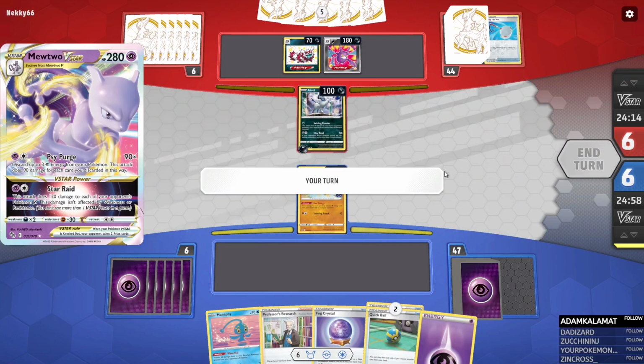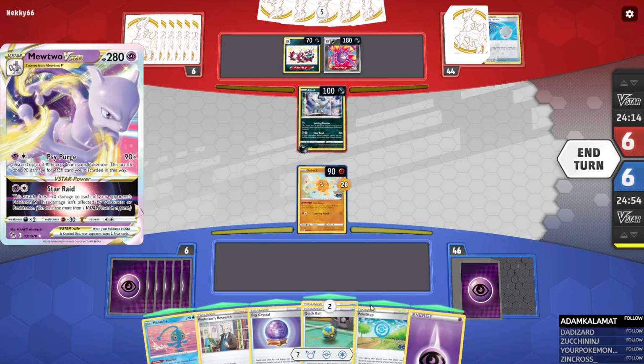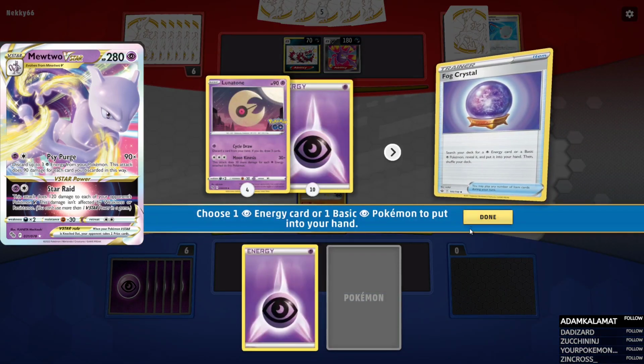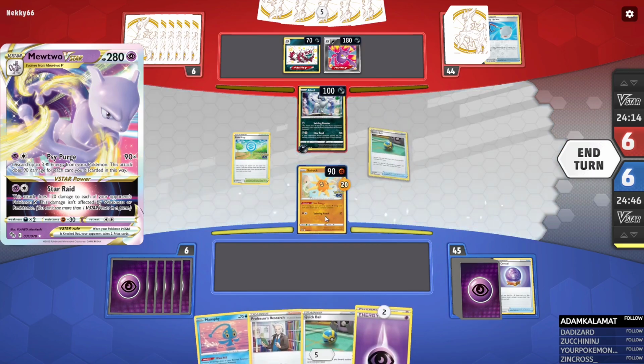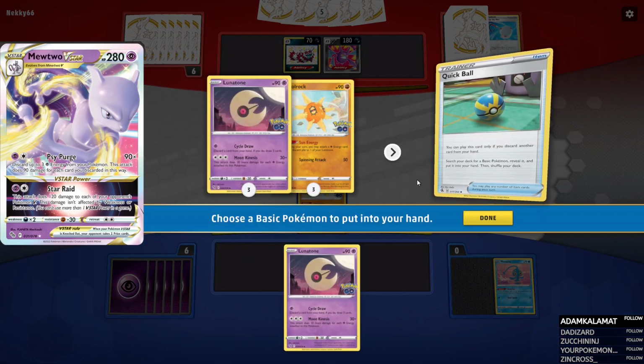So I can knock out this Absol, but I do need the full 3 energy, obviously, on the dude. This is beautiful. Let's Fog Crystal the energy into the hand. I'm going to Quick Ball the Manaphy. I'm going to assume...